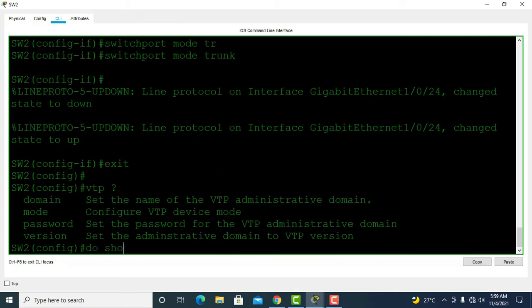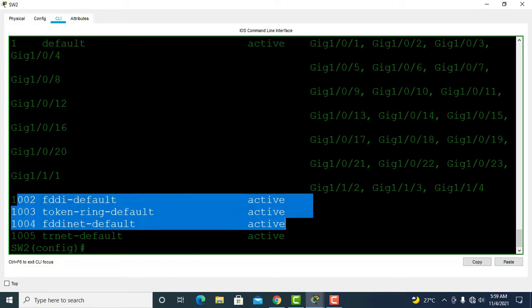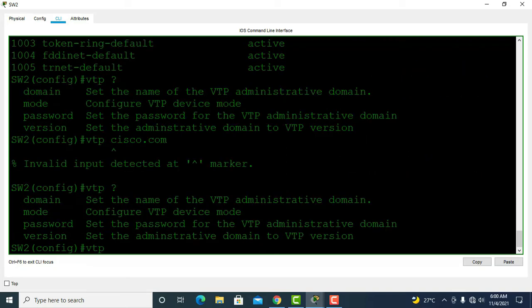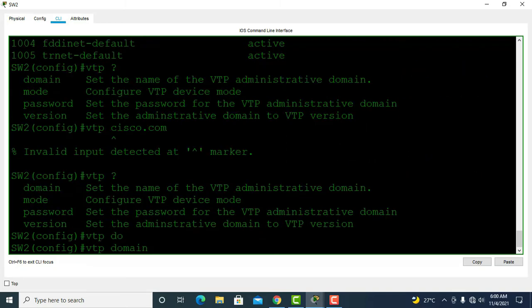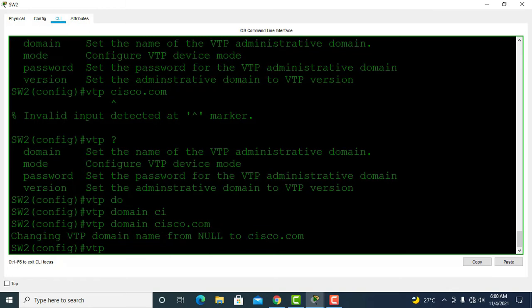Do show vlan brief. So you can see we don't have any information here, right? So, okay, domain cisco.com. Okay, so VTP